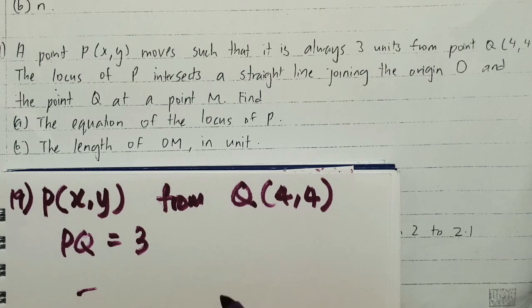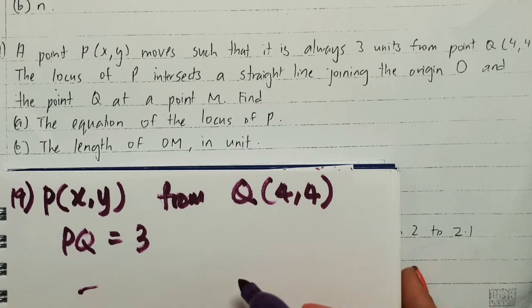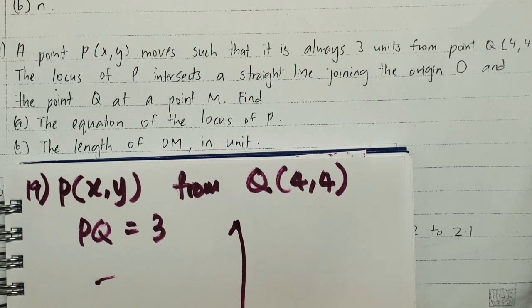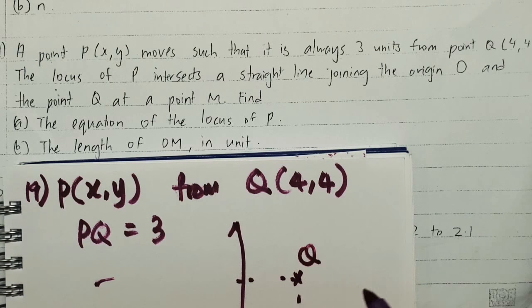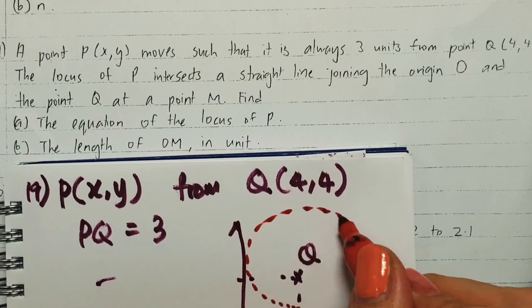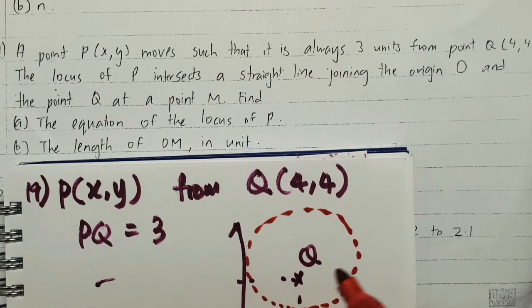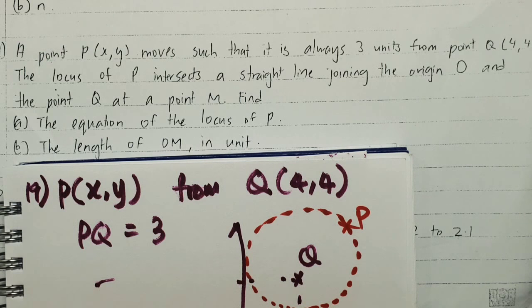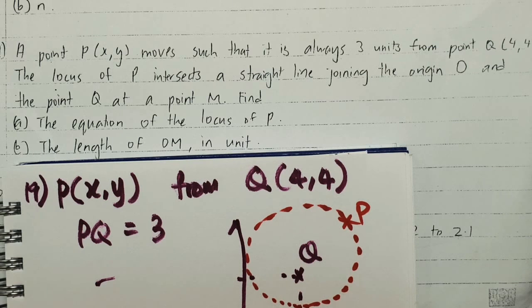Oh, okay. Now, let me just illustrate this into a diagram first. Okay, initially I was like, oh, what is this? So (4, 4) means this is Q, and then the P will move 3 units around the Q. Okay, it will go like that. Now, it may not be accurate, but doesn't matter. And this locus P, it will intersect a straight line that joins O and point Q